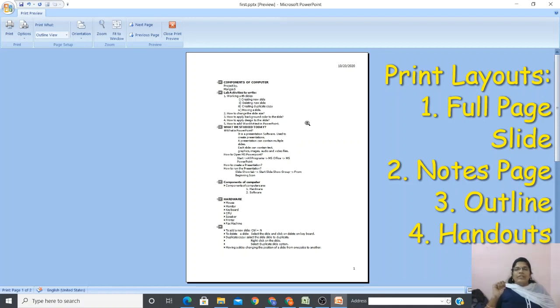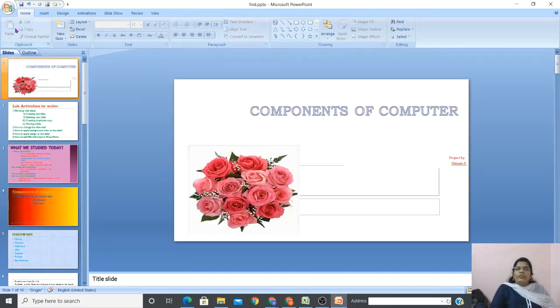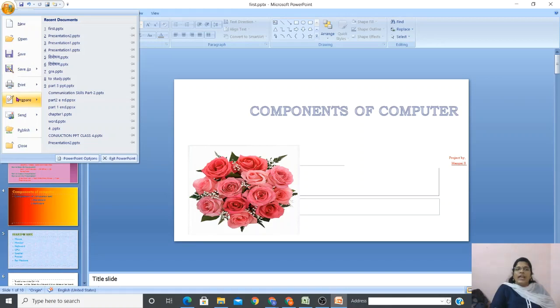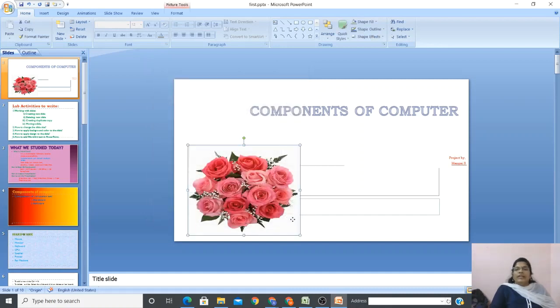Clear? That's good. Okay. Then how to take a printout? This is a preview I'm seeing. Okay. Let me click on close print preview. And if you want to take a printout, go to Office tab, print, click on print, and select the printer type and then what type of print you need. You can choose color, grayscale, pure black and white, whatever you need. Okay. And click on the OK button. Then you will get a printout. Clear, students? So this is all about the chapter.